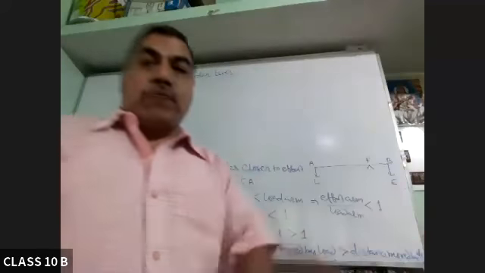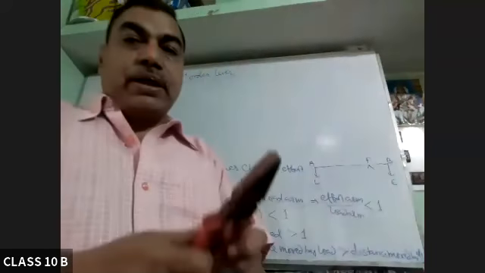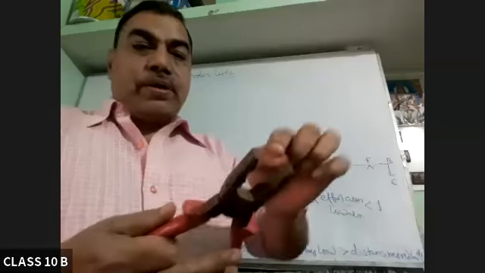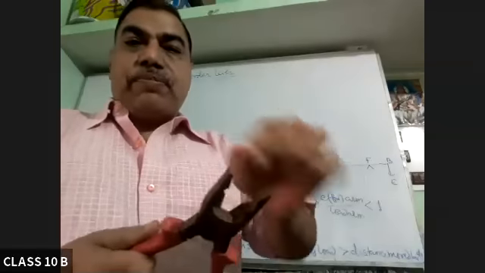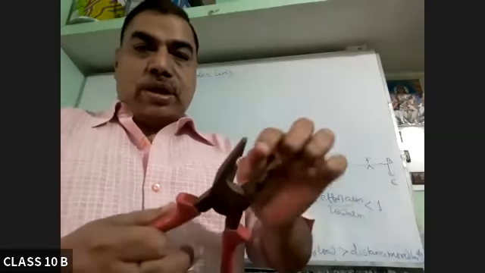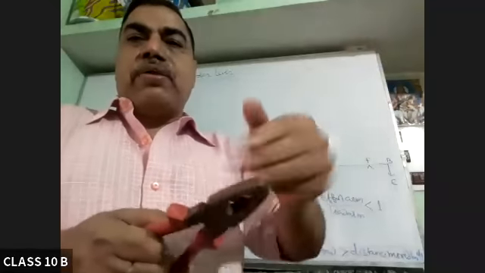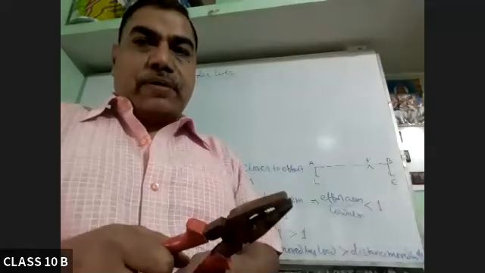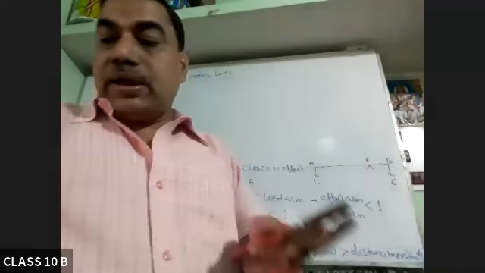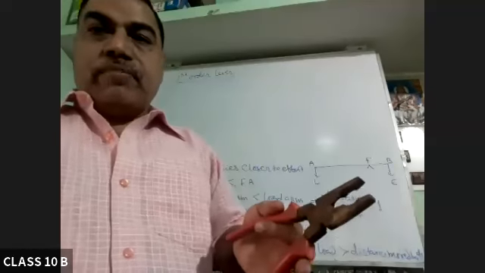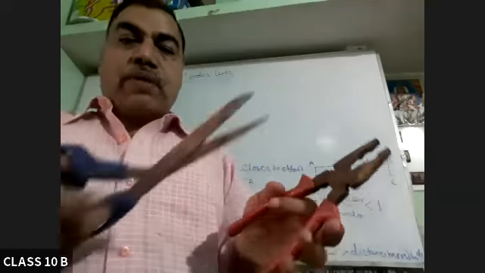So this is frequently asked. Similarly, in case of metal cutter also, the metal cutter has a similar shape. Here only scissor type plate is there, and it is very sharp. So when we press it, this part of the sheet of metal will be cut. So this metal cutter and scissor both belong to lever of first order.